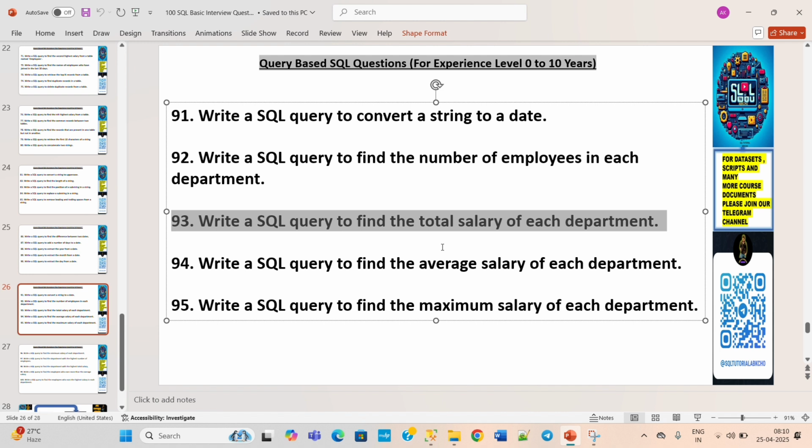So basically, even if you are a fresher, or you have around 5 years, 7 years, or 10 years of experience, you are getting these questions in interviews anyhow, because using these questions the interviewer will understand how much in-depth knowledge you have on SQL, and how much basics you know about SQL. Okay, so 94th question,